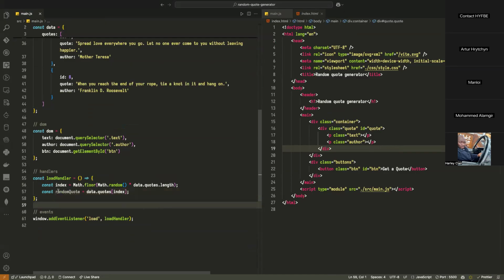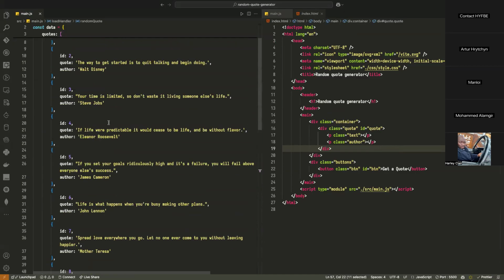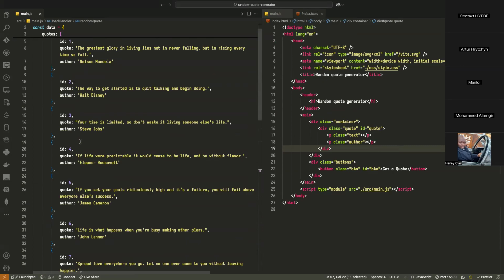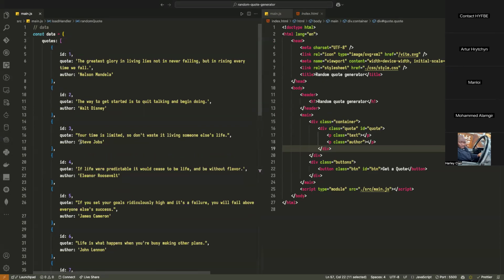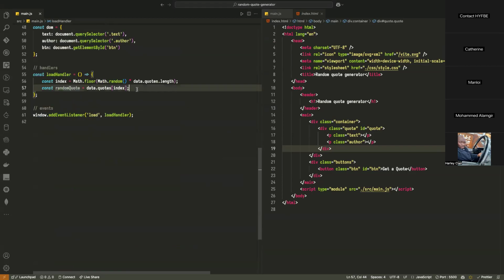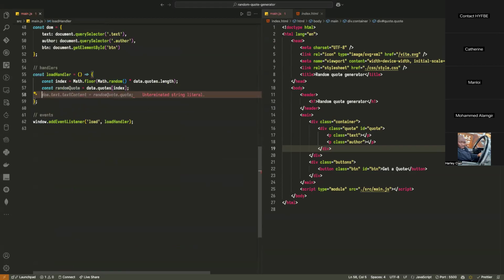So the random code, what will it be? It is the data of random code. What type of data? It will be one random code. What will it be? An object. Yes, indeed, it will be an object. Very good. So let's try to log this one to make sure that I'm getting what I want,